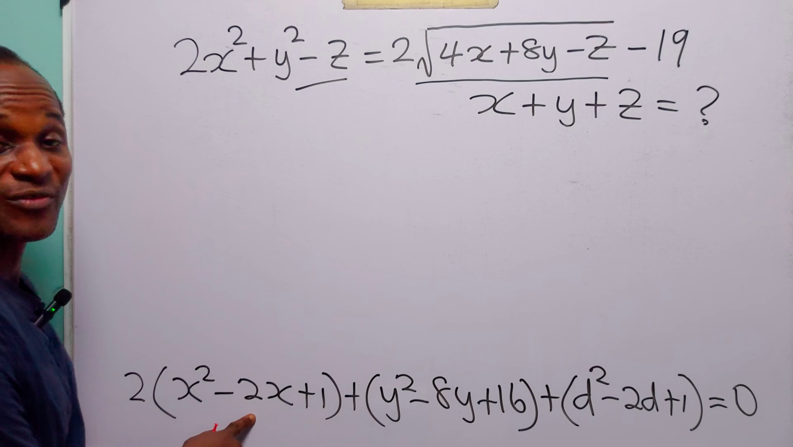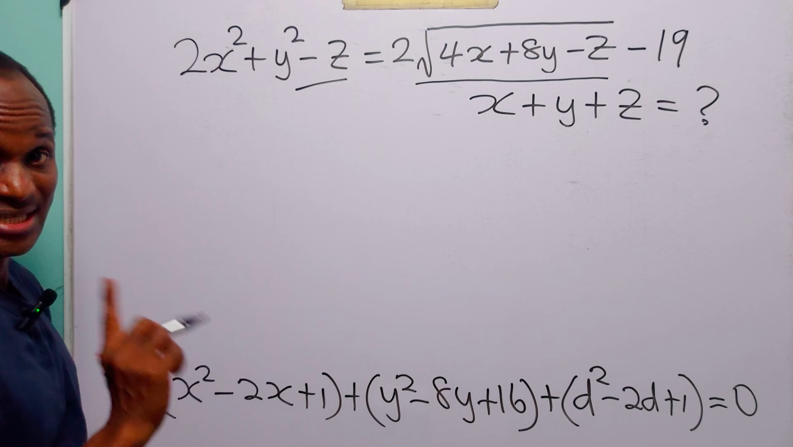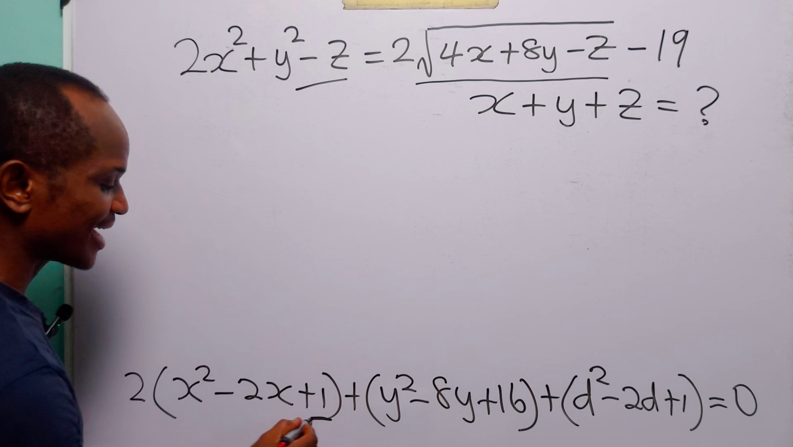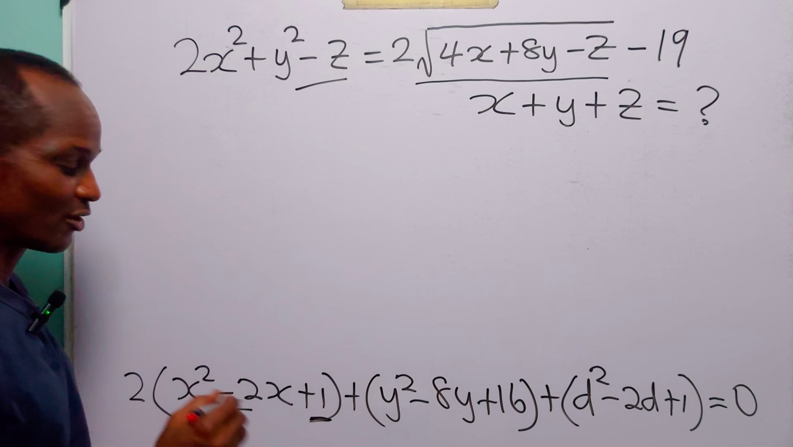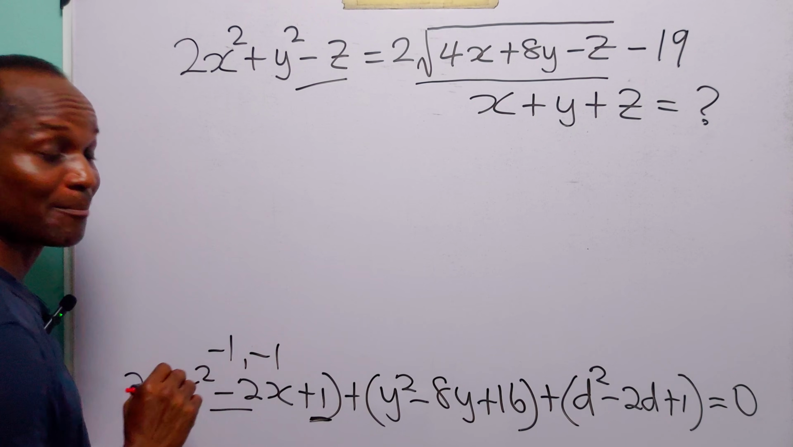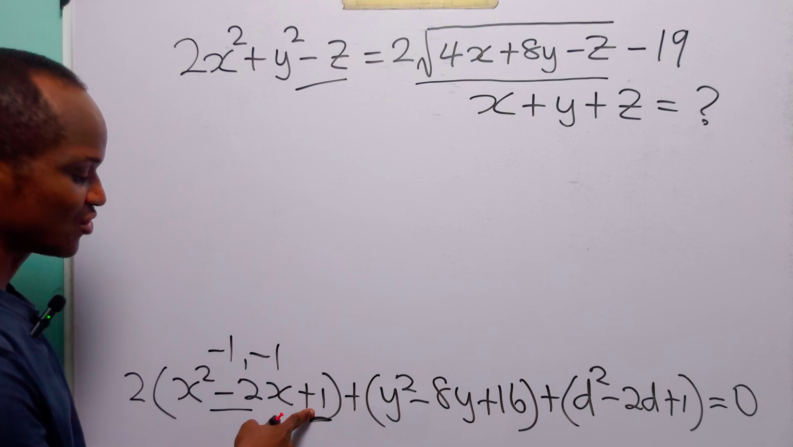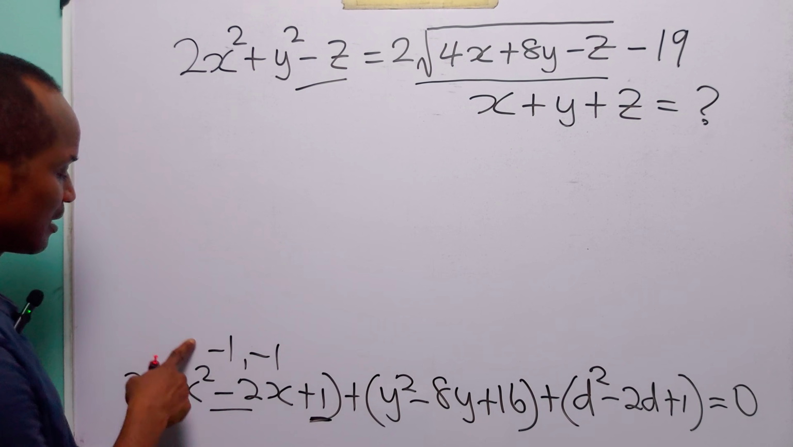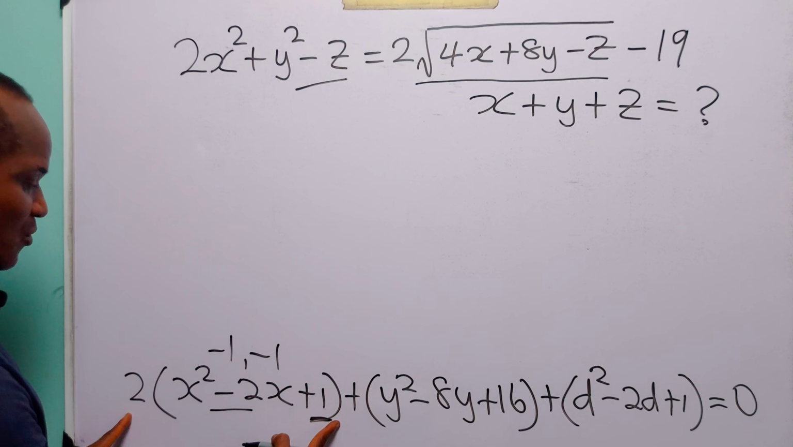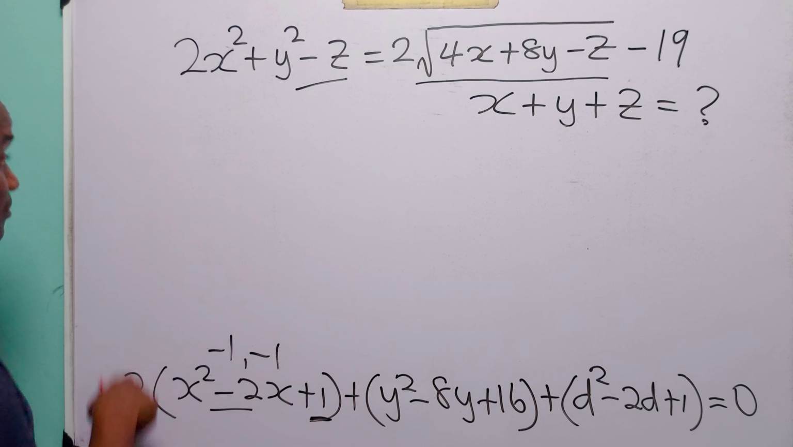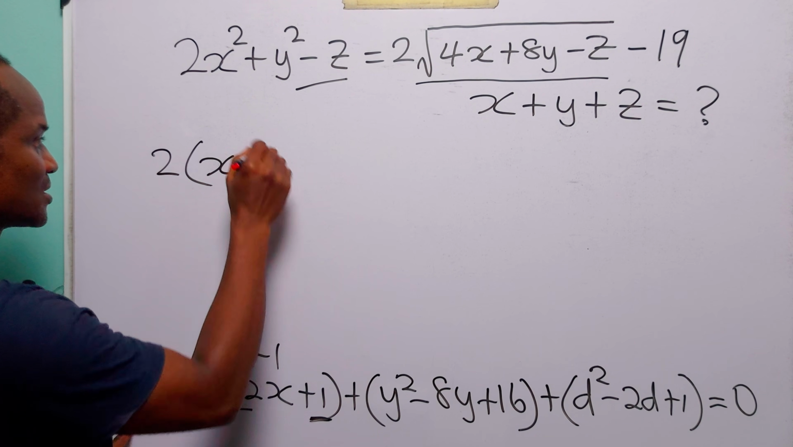Now notice that we can factorize this quadratic expression. Since the coefficient of x squared is 1, all we need to do is to find the factors of 1 that add up to minus 2. And of course we have minus 1 and minus 1. You know that minus 1 times minus 1 is going to give us plus 1, while minus 1 minus 1 is going to give us minus 2. So when we factorize this, we have 2 times x minus 1